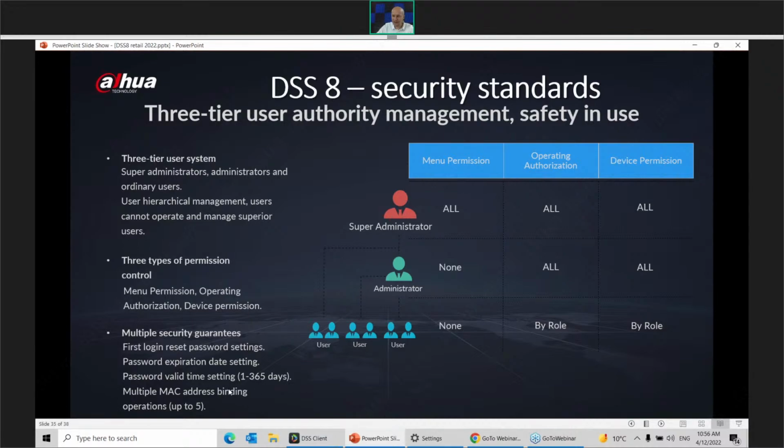multiple MAC addresses binding. What does it mean? I have my username Roman and my password is Roman123. Now you know my password. So what you can do, you can just enter my username and the password on your mobile phone or on your computer. But that's not really the truth, because my username and the password is bound to my